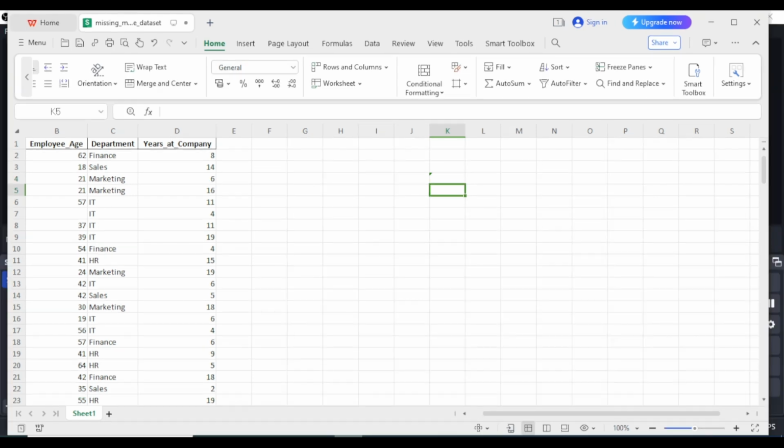So the first thing that we will do is to identify and calculate the number of missing values, and then we can proceed to deal with them. First, we have to define the cell that contains the missing values. Otherwise, we cannot count the total number of missing values that we have under the employee age variable. So the first thing we have to do is to select the entire employee age variable, that is column B,